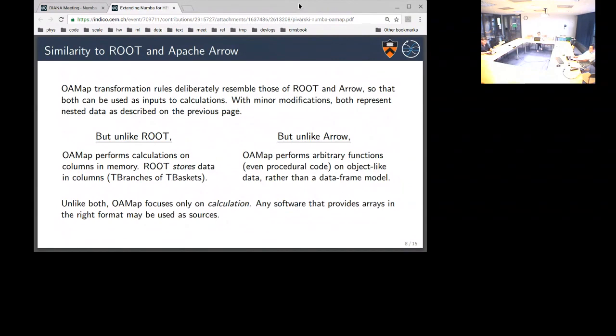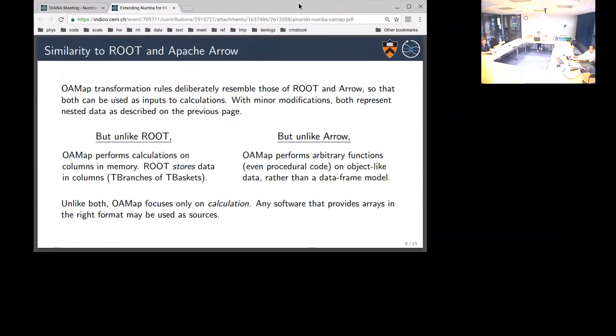But unlike root, what OAMAP is doing is it's performing calculations on the columns in memory, whereas root stores the data in columns and then constructs objects. And unlike arrow, OAMAP performs arbitrary functions, even procedural code, on object-like data, whereas the main thrust of arrow is to deliver a data frame model, like a pandas data frame, and perform data frame operations on it.